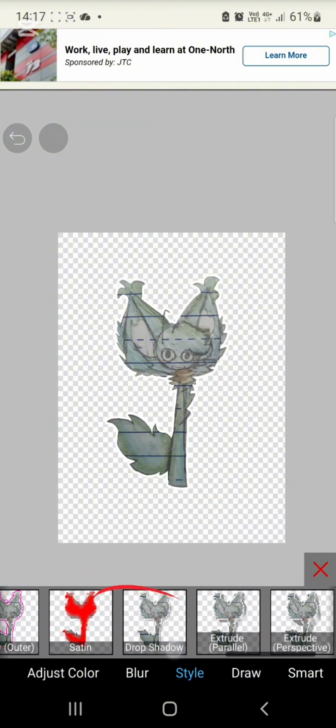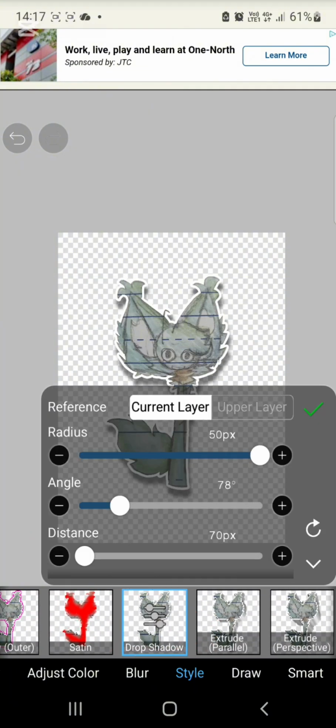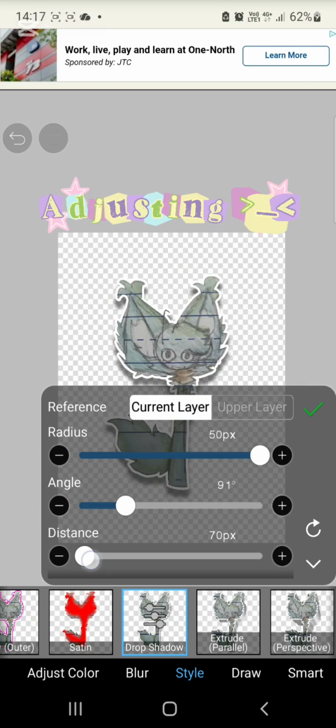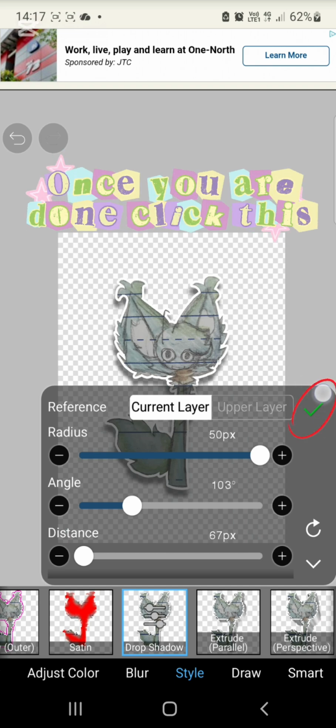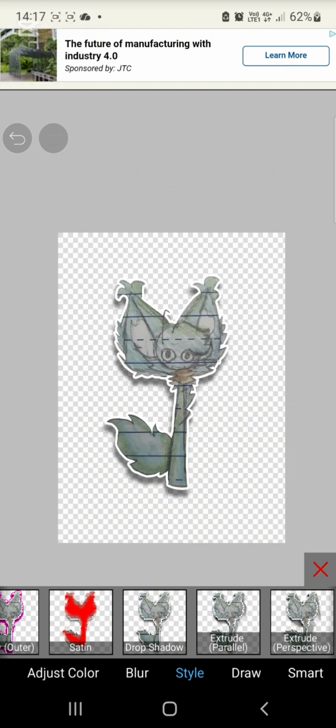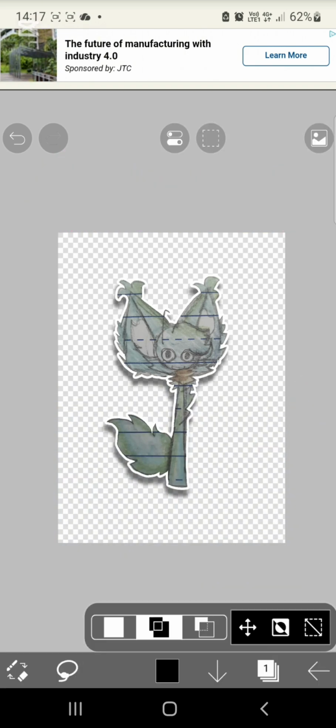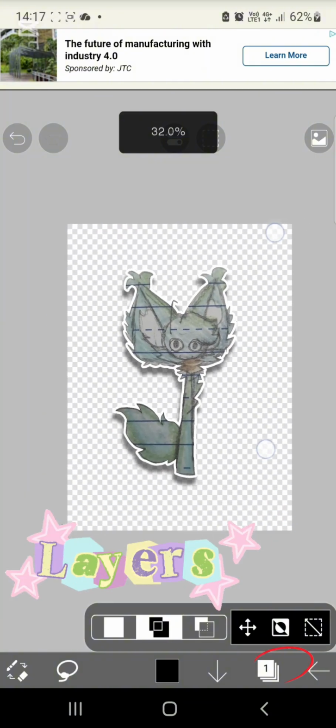This one. Adjust it. Once you are done, click this. Layers.